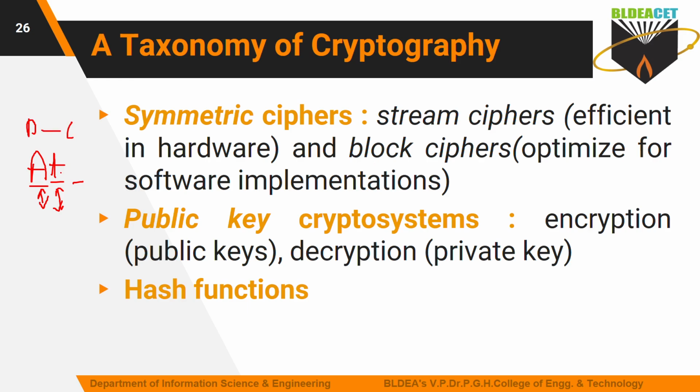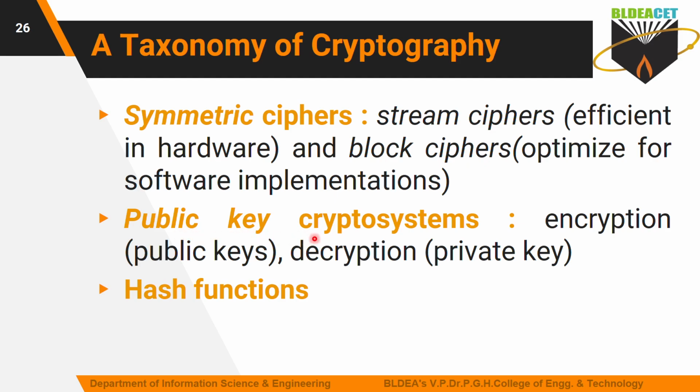Whereas in the block cipher, this whole word, this group of bits, is considered as one block, and this whole block is converted to ciphertext. So that is the difference between these two. Is it clear now? Yes. What are stream ciphers? Stream ciphers means you are converting plain text to ciphertext bitwise. Block ciphers convert a group of bits at a time into ciphertext.